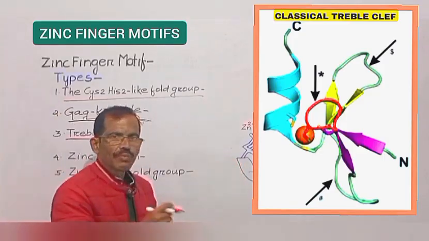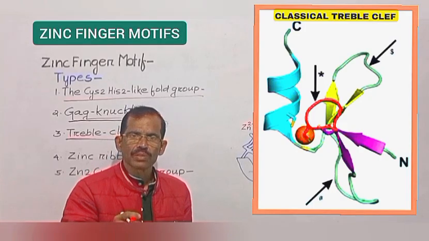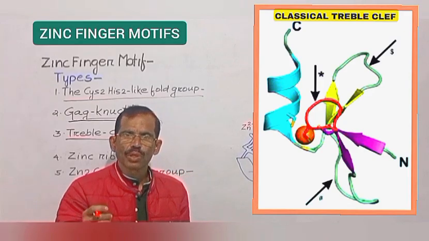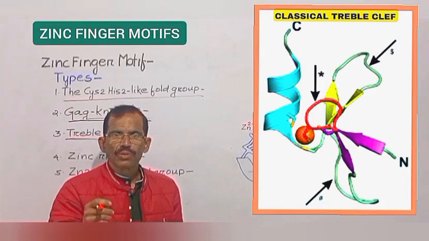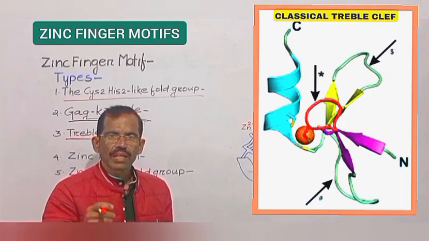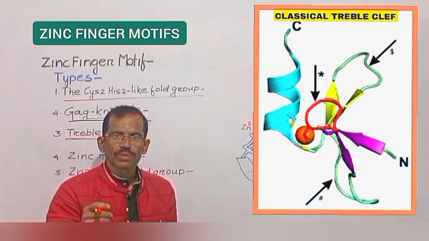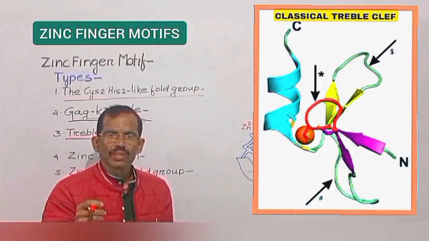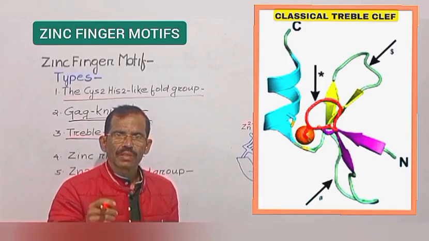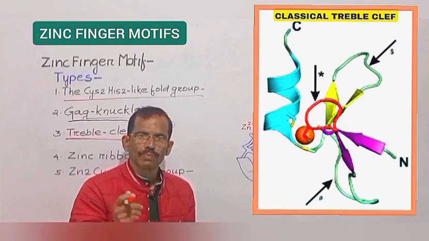Such type of zinc fingers consist of a beta hairpin at the N terminus and an alpha helix at the C terminus, each of which contributes two ligands for zinc binding. In addition, a second beta hairpin and a loop of varying length and conformation may also be present between them. The best characterized protein containing such type of zinc finger is the nuclear hormone receptor.